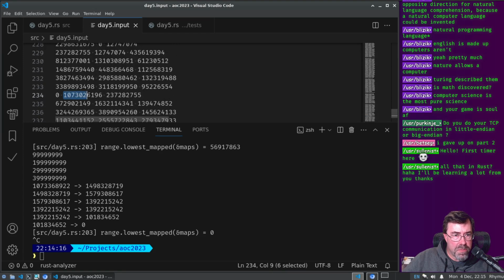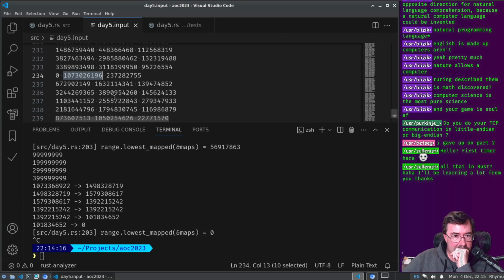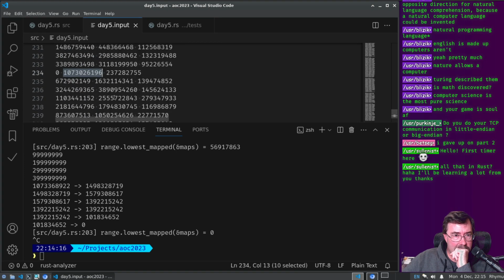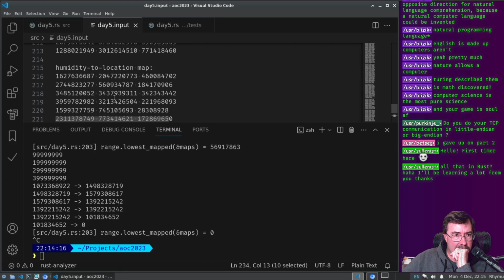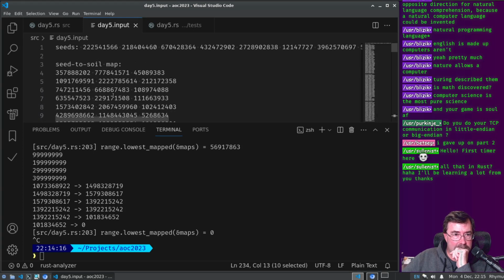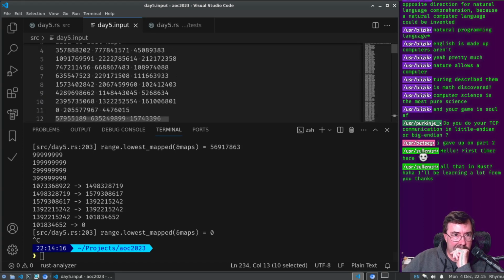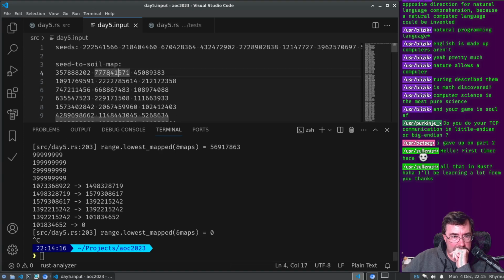Well, 0 is if we have that number, which we don't. So when it went through the last map, it gave me the wrong answer. Why is it giving me that for 101 million? Okay, well, the first one, 1 point something billion.